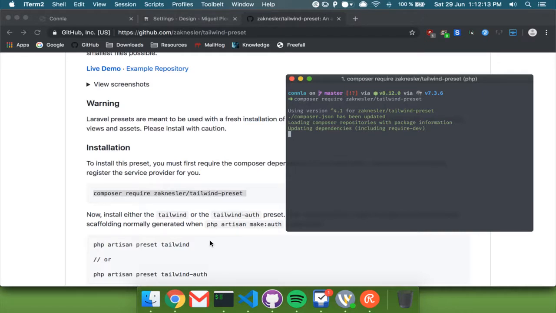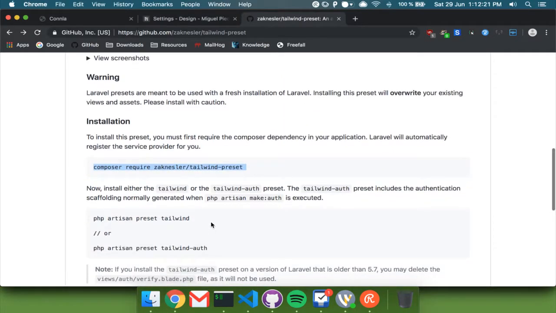And then users can build their own packages that create their own presets. So in this case, this is a Tailwind preset, and I can run php artisan preset tailwind, or if I run tailwind-auth, it will automatically use Laravel to generate the frontend scaffolding and give me